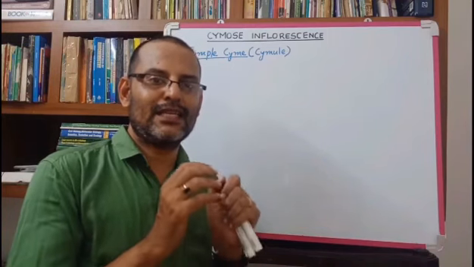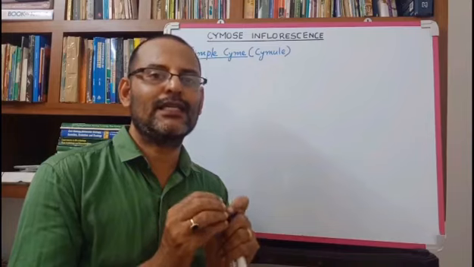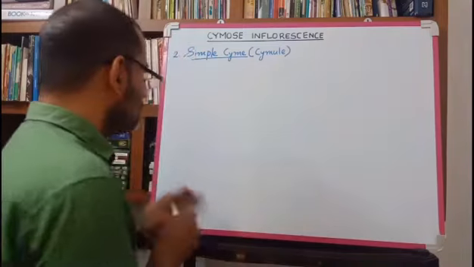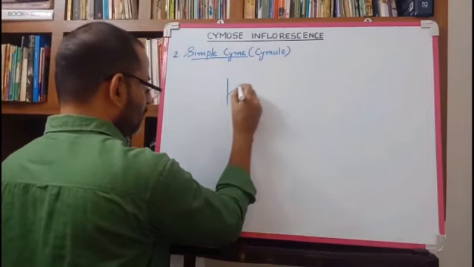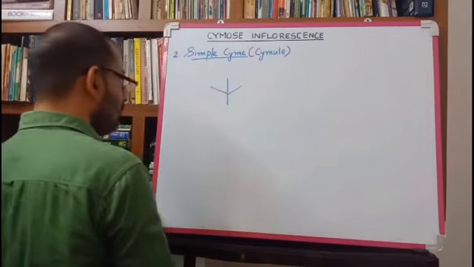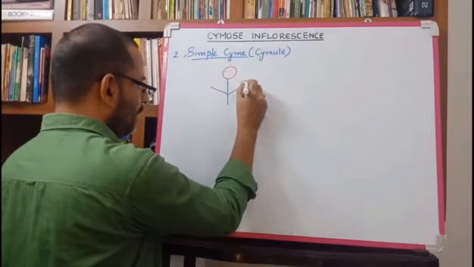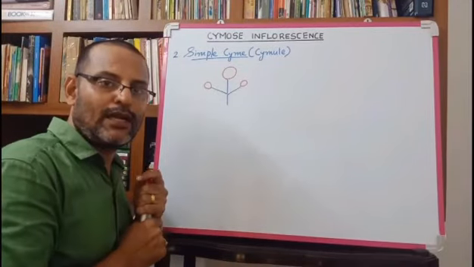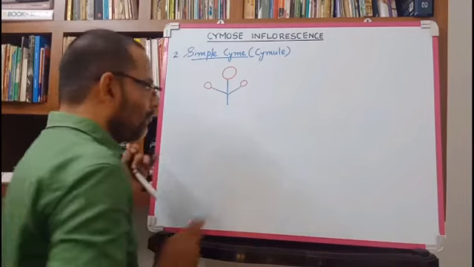The mature flower is in the terminal position and the 2 younger flowers are in the lateral position to the mature flower, like this. It's a collection of 3 flowers. Here the mature one is at the top and these 2 are the younger. This type of inflorescence is known as a simple cyme and this can be seen in Jasminum.